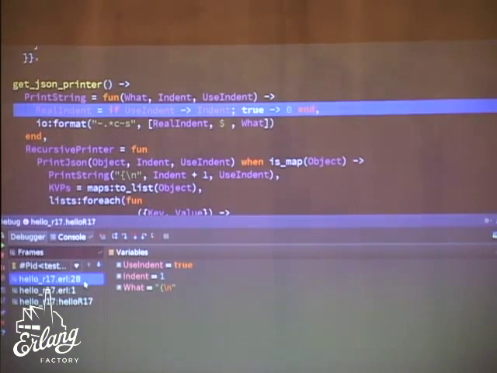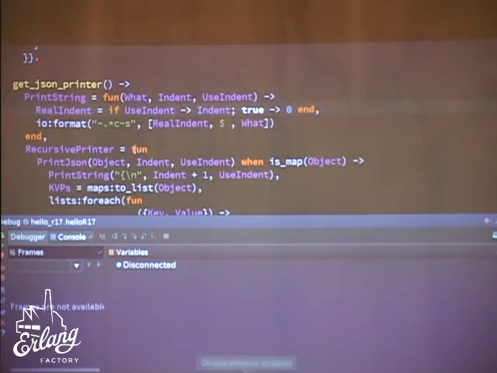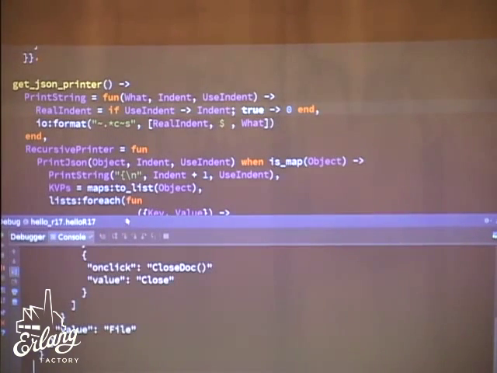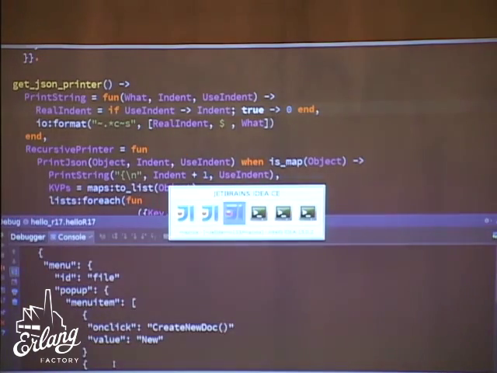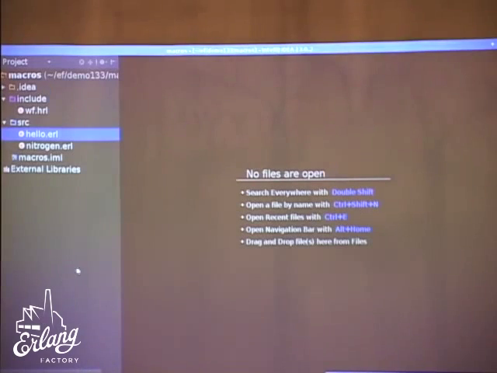And you can navigate through these stack frames, explore local variables, and do all the other stuff that you can do with your debugger. So I've just hit it to complete, and as you see, it has just printed out this JSON object, which is what we intended this program to do. Now I'm going to show you some functionality that is not there yet, but it is surely coming,